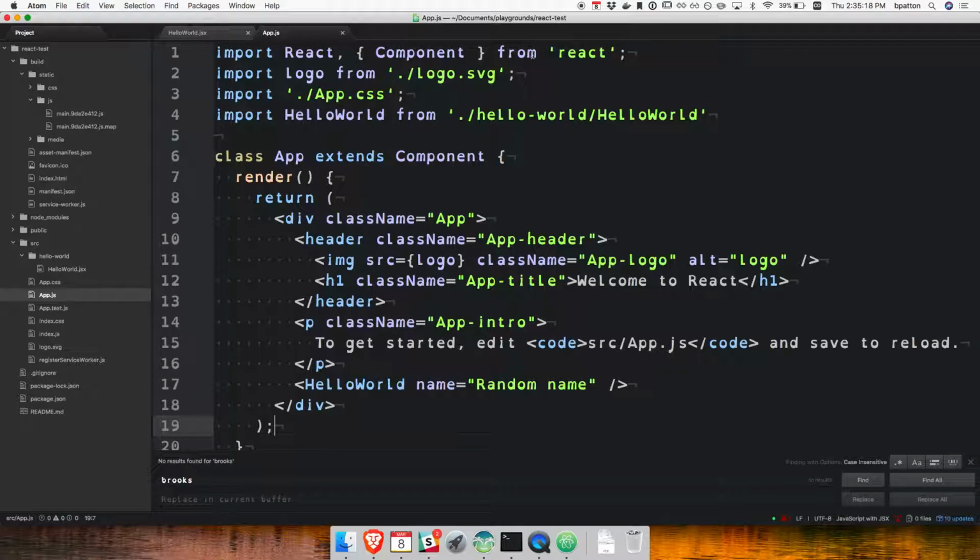I would say the rule of 3 takes effect here. The second you've done something 3 times in a row, it should probably just be a single component you can pull in and pass properties to, to make it have the appropriate thing. All right, play with this, start to get an understanding of it, and then we can